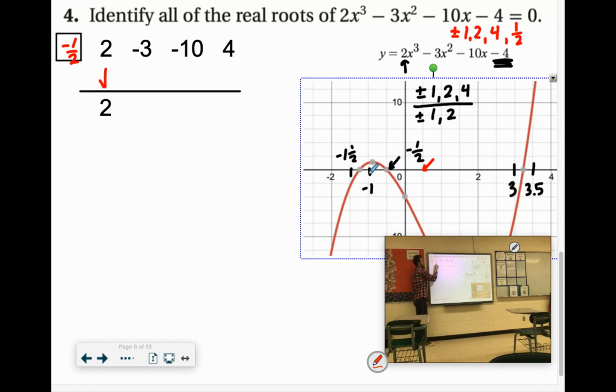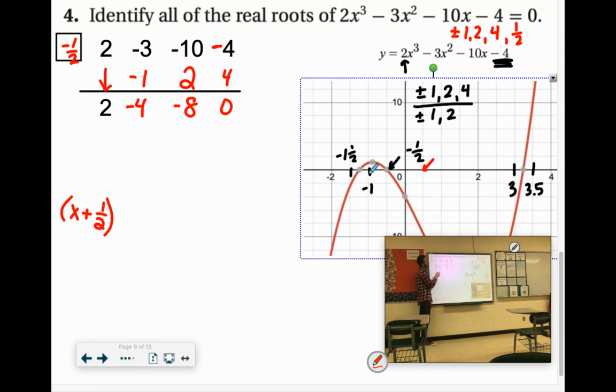Bring down your 2. -1/2 of 2 is -1. -3 minus 1 is -4. -1/2 times -4 is +2, which gives us -8. -1/2 of -8. Oh, that should have been -4 up there. I just wrote the wrong sign. So -1/2 of -8 is +4, which zeroes it out. Great. So -1/2 is one of our zeros, which means x plus 1/2 would be part of the factor,